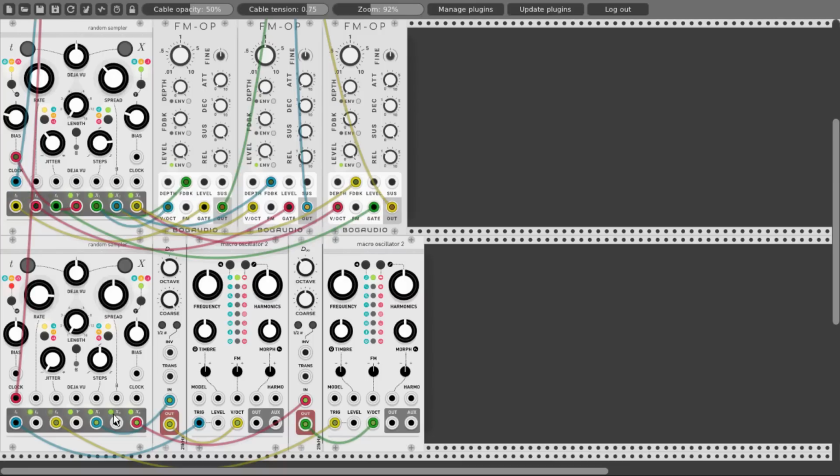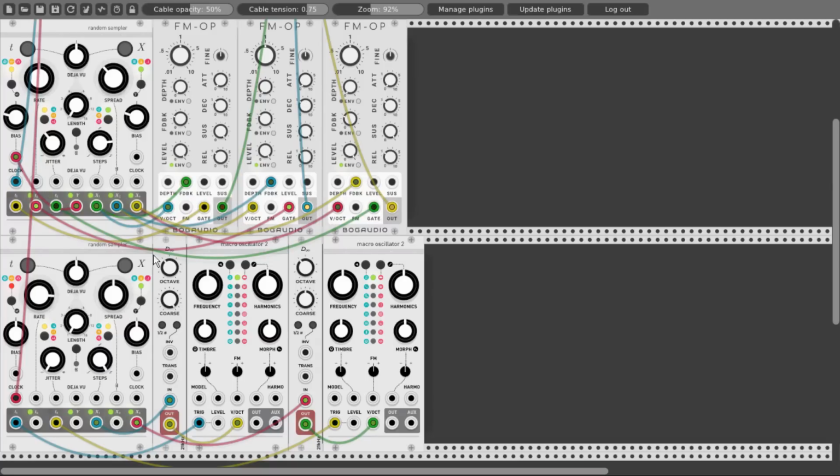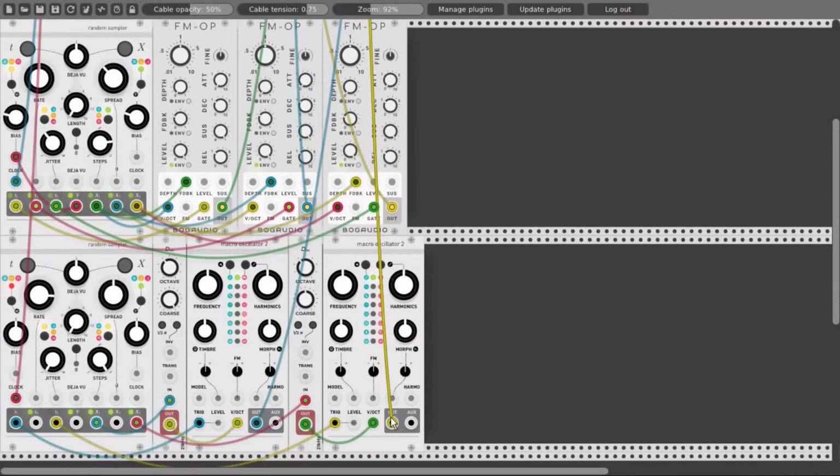And again, the X outputs will sample at the rate of the T outputs, and let's also turn the steps knob all the way to the right, so we will get just the octaves and no notes in between, and change also the scale here to minor, so we have the same scale as the first Marbles. And let's see how this sounds, so again I will connect it to the mixer. And let's turn the bias all the way right. Very nice.